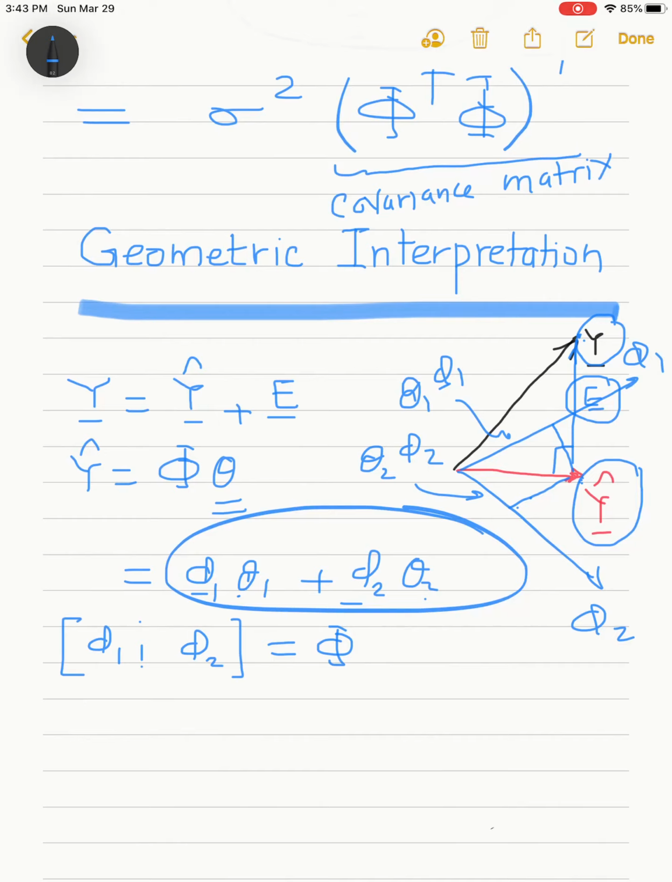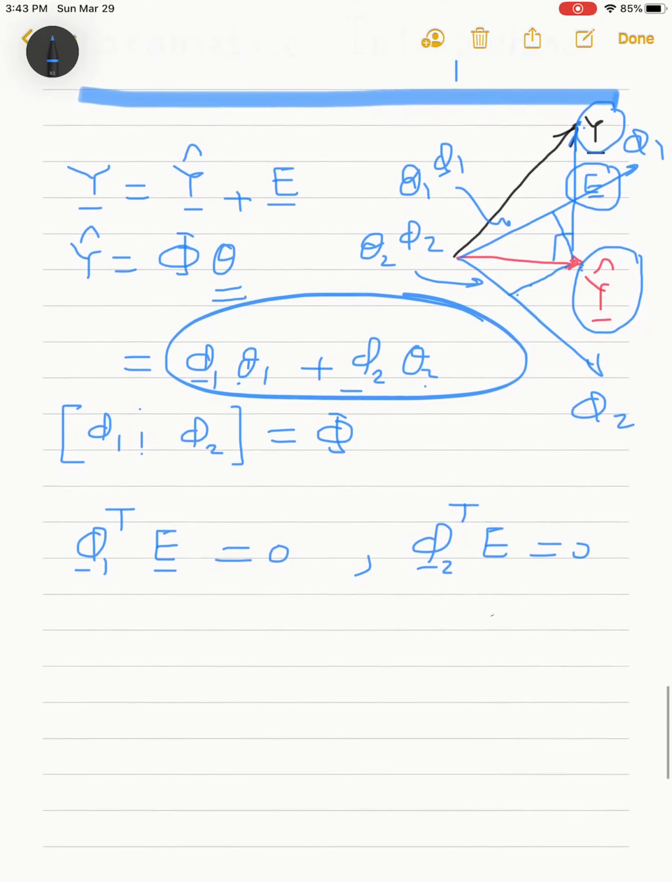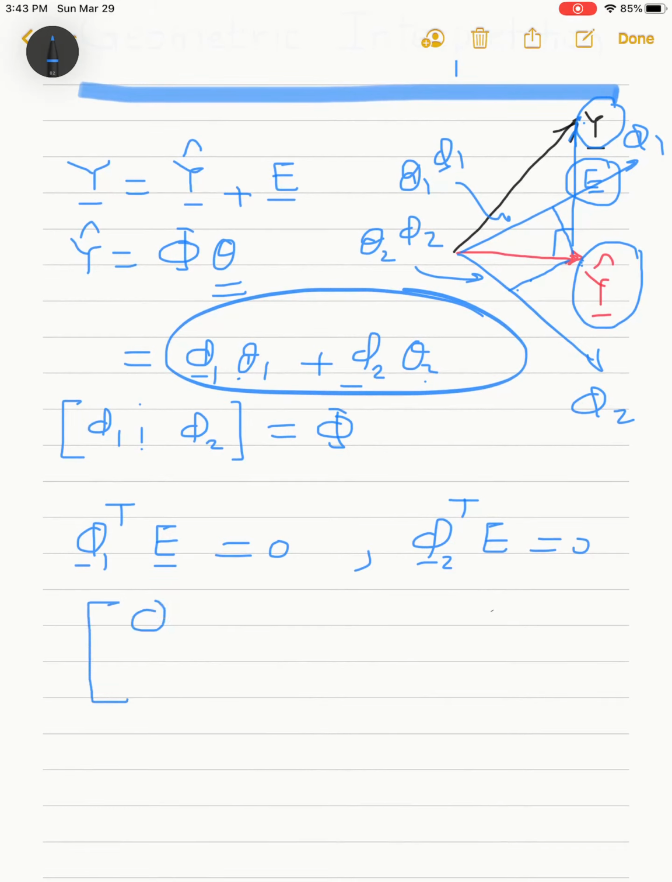So I would write then that phi 1 transpose, the inner product of phi 1 and E is equal to 0, and the inner product of phi 2 and E is also equal to 0. I can combine the two equations together, so I will get here phi 1 transpose and phi 2 transpose, and that will give me the matrix phi transpose. So I can write then that phi transpose times E